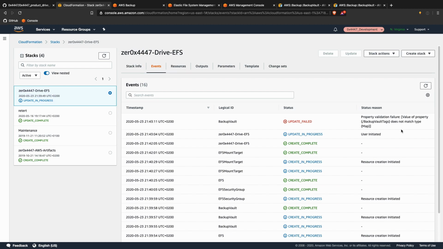Hey, it did crash, of course. Property validation failure. Value of property BackupVaultTags does not match the map. The what? Okay, so this is actually a cool thing to be aware of. Slowly but surely, CloudFormation error messages are getting better and better. So you can see that it's saying /